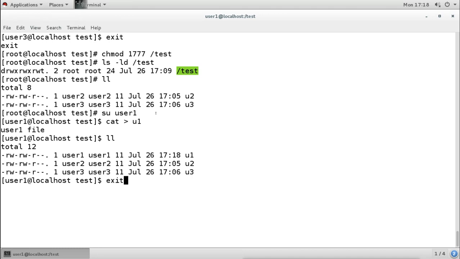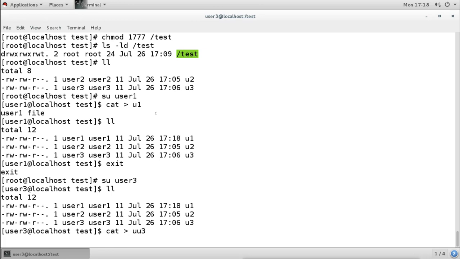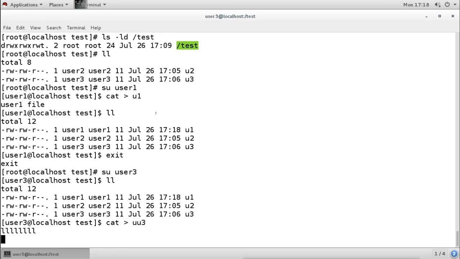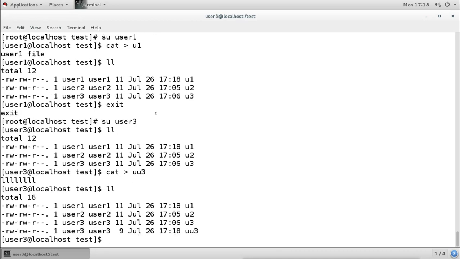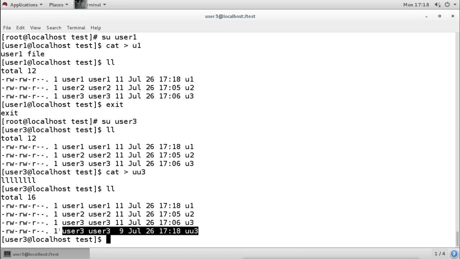Now I will log in as another user, for example user 3. User 3 can still create a file. If I create the file UU3, it can create the file. This file was created previously, and now it has created this file. So user 3 still has permission to create files.